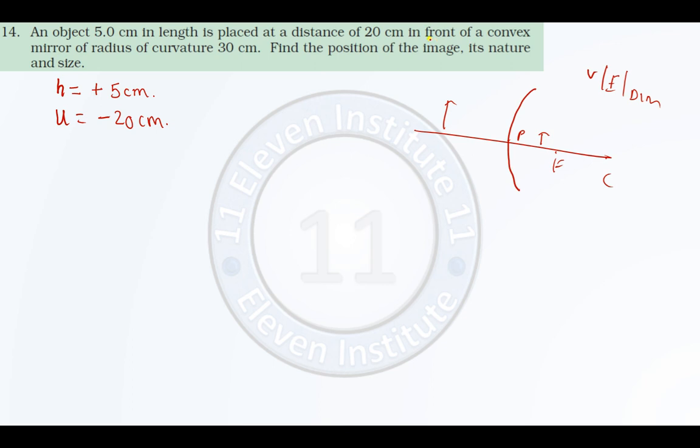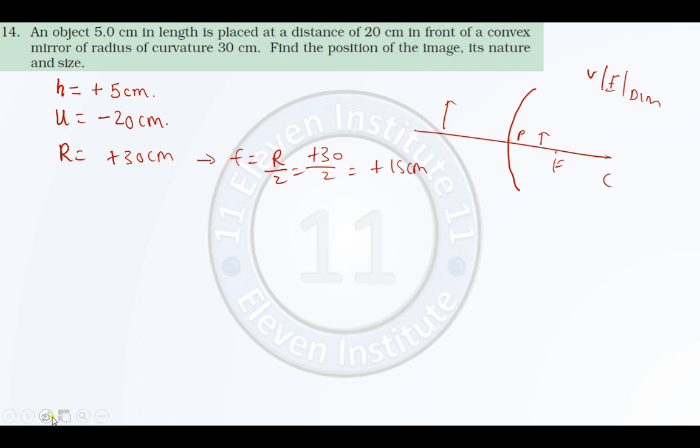Now let us read on: a convex mirror of radius of curvature 30 centimeter. Now radius of curvature is to the right side, so we can write r is equal to plus 30 centimeters. Now if r is 30 centimeters, we can write f is equal to r upon 2, plus 30 upon 2. So this will give me plus 15 centimeters. Again we have to find position of the image, nature of the image, and also the size of the